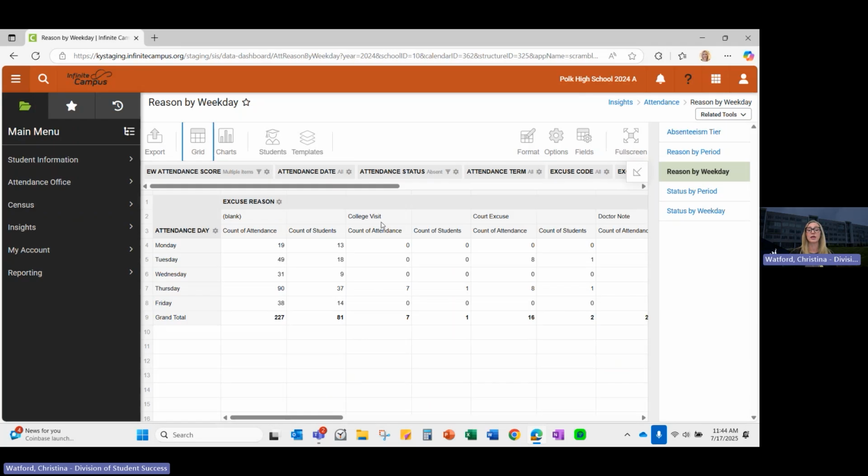So you can see here under college visits in your grand total that there are 7 attendance events and 1 student that's involved in those 7 attendance events. I'm presenting this to you from a stage site. The data is very limited. You will notice when you get in and start working with this that your data system will be much more rich than this particular